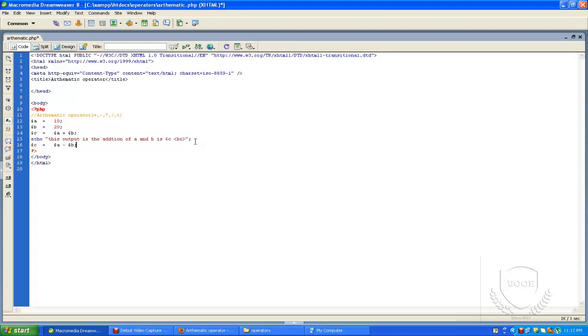Right now I'm subtracting by using the arithmetic operator minus, so the output will be subtraction is $c.